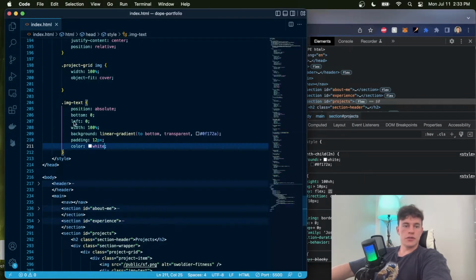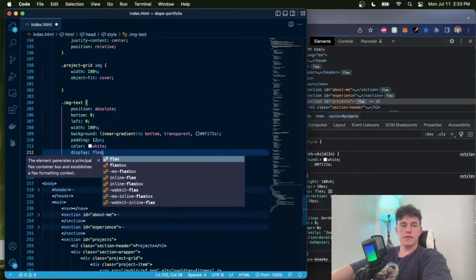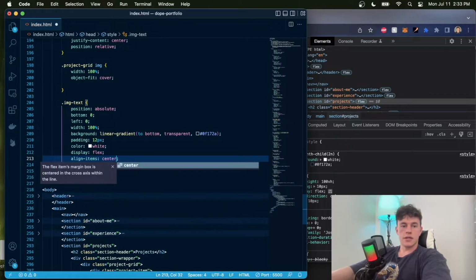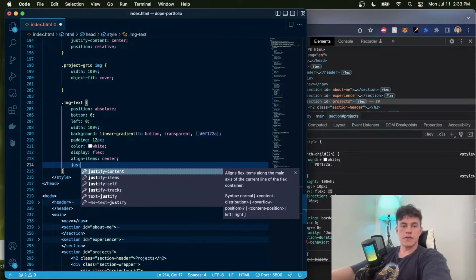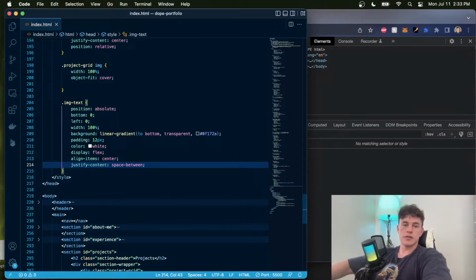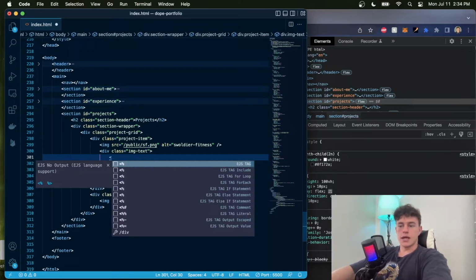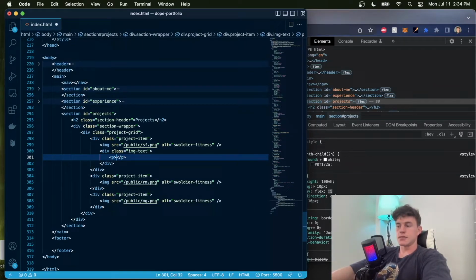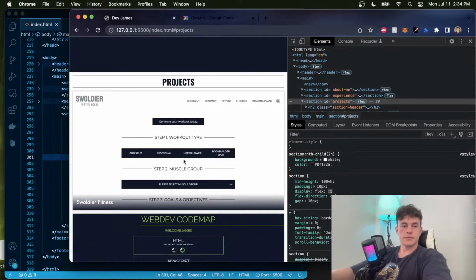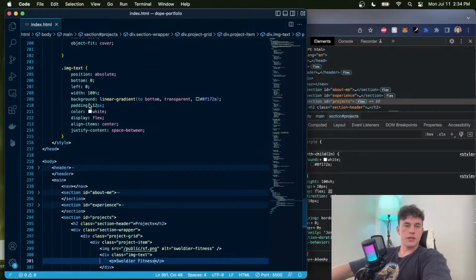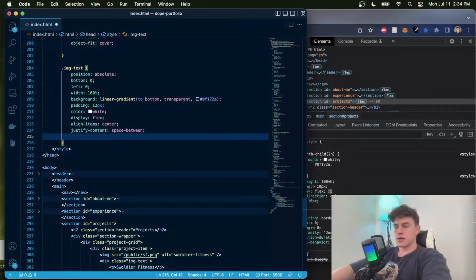And this is just going to have a display of flex and align items center and a justify content space between, so it's going to push them to either end. And so now this is going to be a paragraph tag that's essentially the header, so the name of it. So this one is called Swolger Fitness. And I might even just make that uppercase, so we could target that and say up